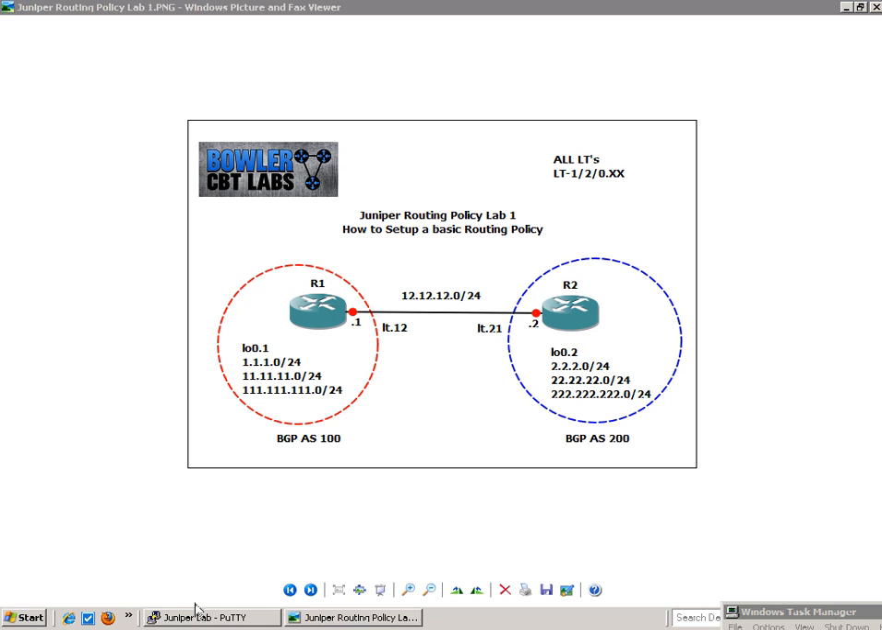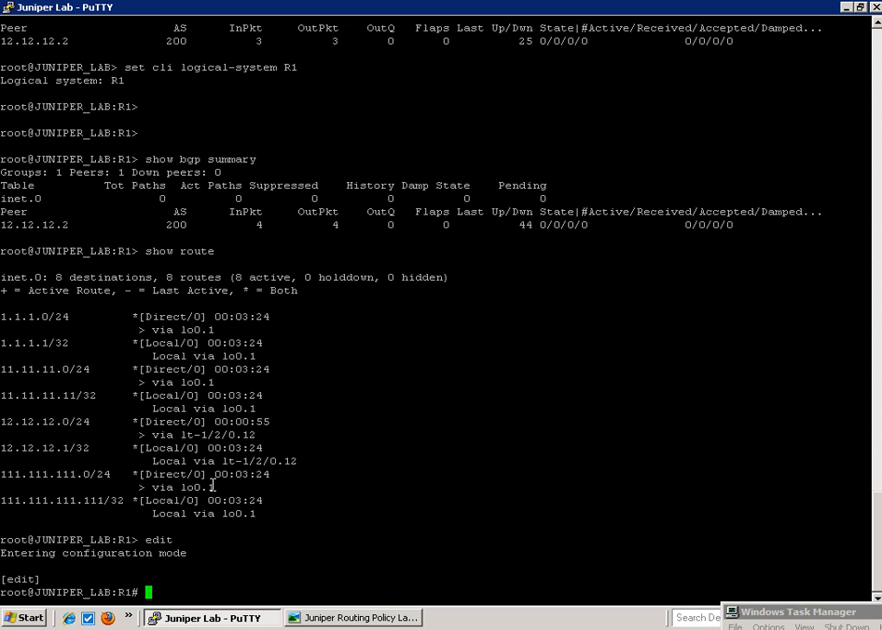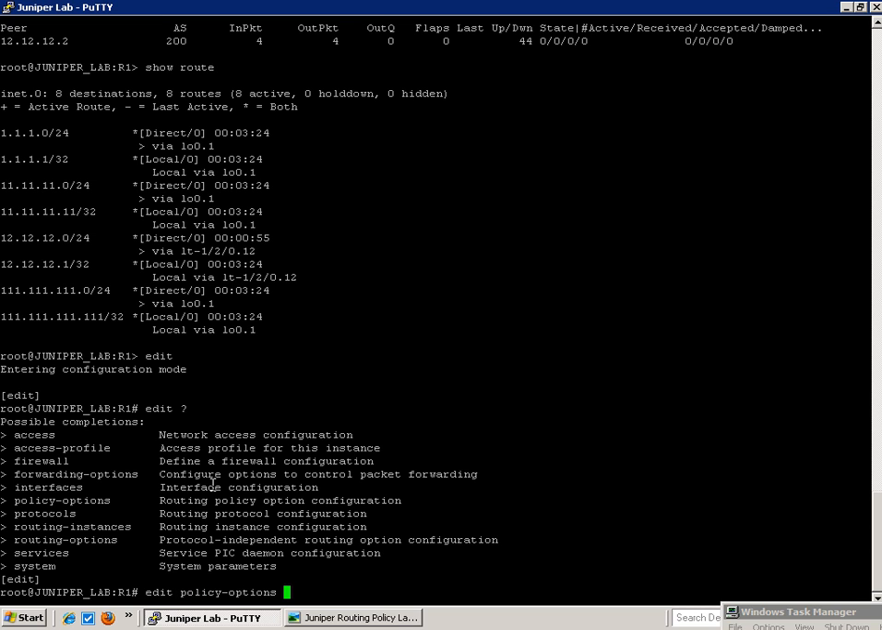So the first thing that we're going to do with routing policies is on R1. Let's go into configuration mode. What we're going to do on R1 is advertise our loopback into BGP, get those subnets into BGP so that R2 can see those. To create a simple routing policy, we're going to go under edit. Then we have the option for policy-options, and we see this is routing policy option configuration. So we'll do edit policy-options,